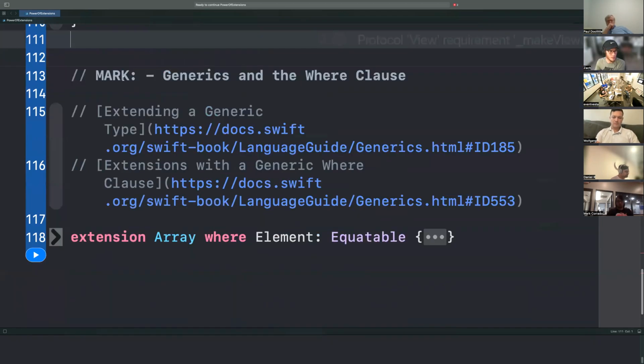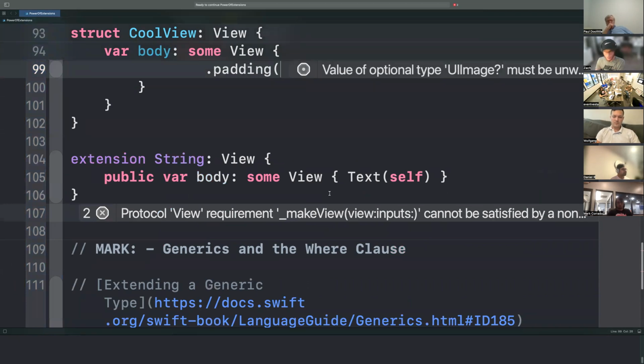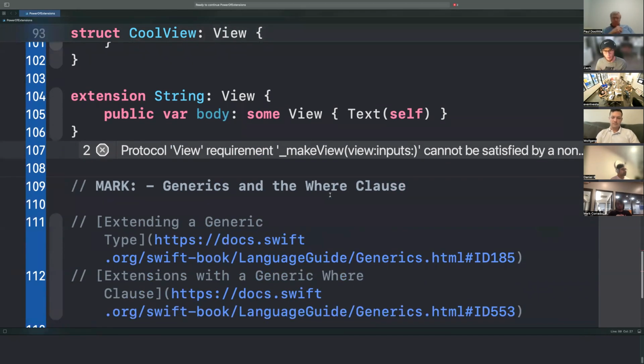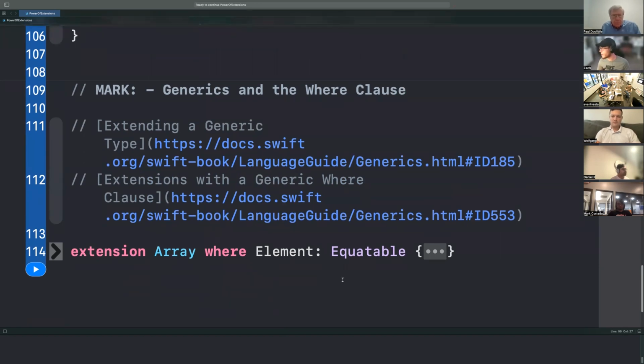Get rid of this. Okay, so other than that, protocols just get a little bit more powerful because they add this idea of a where clause. Almost done. Okay, cool. So this where clause is more specific on generic types. There's generic types of